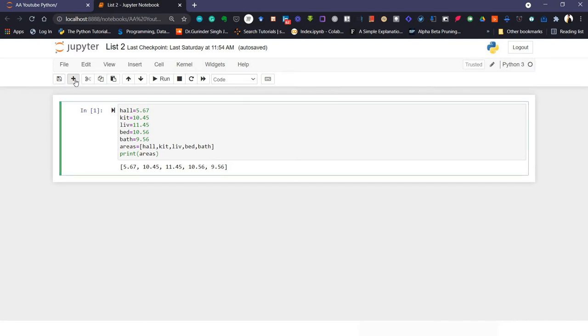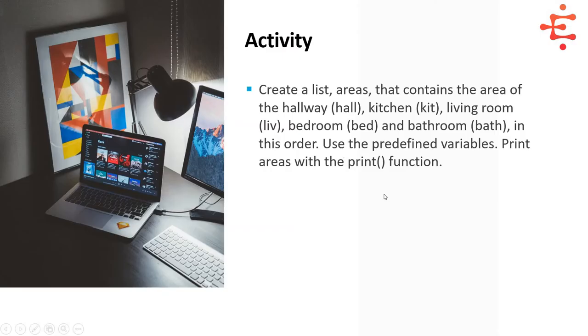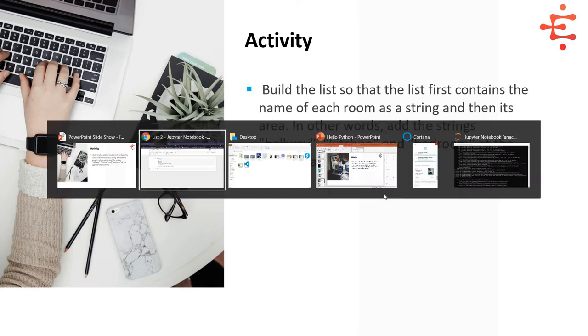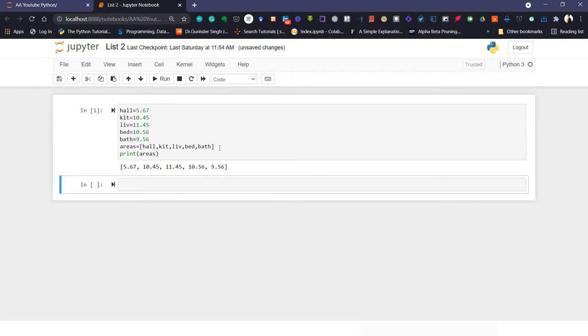Alright, so I'm creating another cell now, and I'm moving to the next slide. This is another activity. We have to build the list so that the list first contains the name of each room as a string and then its area. In other words, add the strings hallway, kitchen and bedroom at the appropriate locations. So we have to build a list so that it first contains the name of each room. So like we have this areas list. I'm copying and pasting it like this, and in here